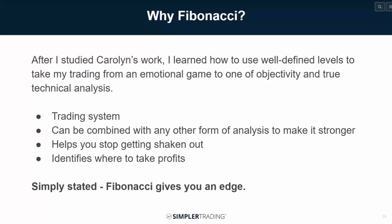Can fibs be automated? No, this magic is just done by the queen. I mean, Carolyn teaches how to do it, and it's so funny. I mean, no, I think there's a guy that's selling a program for about $18,000. Yeah, get out of here. But he doesn't even use